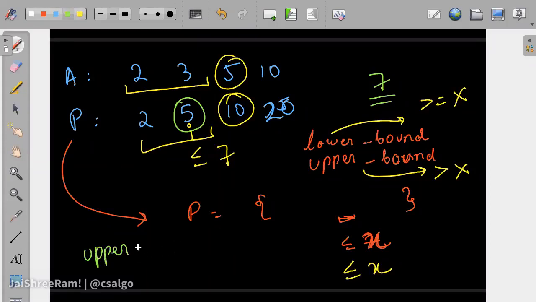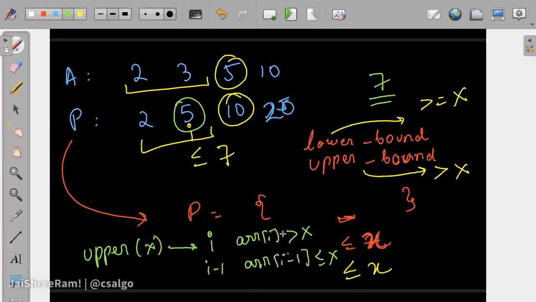Upper bound of x will give you the position i such that its value is greater than x, and this is the first such index. So the value at index i minus 1 must have been less than or equal to x. So if we want to find the last index which is less than or equal to x, we can use upper bound to find the index that is greater than x, and then go one unit back. So upper bound minus 1 will work.